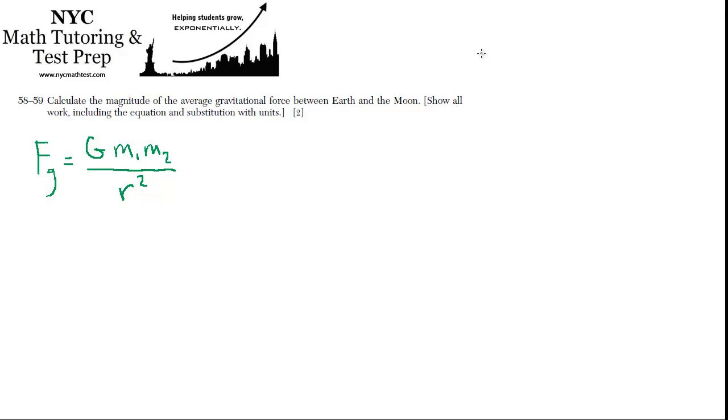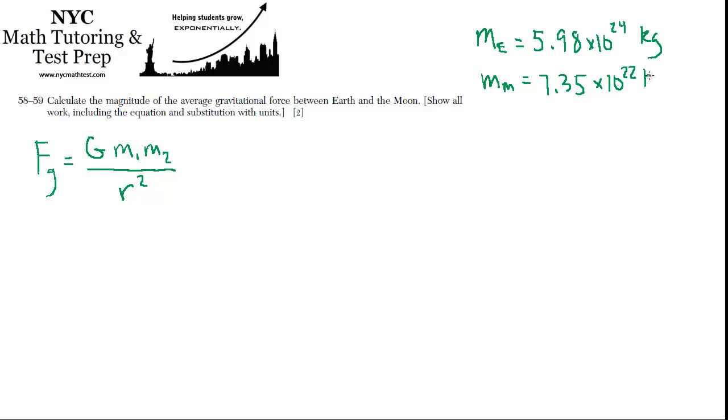If you look on your reference table, you will have the mass of the Earth equals 5.98 times 10 to the 24th kilograms, and the mass of the Moon is 7.35 times 10 to the 22nd kilograms, and the average distance between the Moon and the Earth is 3.84 times 10 to the 8th meters,